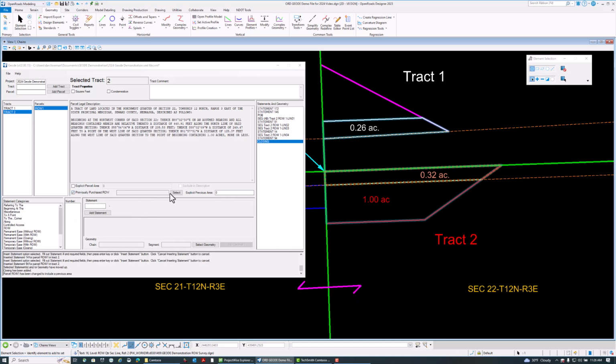I'm going to check that. I'm going to hit my select button, and in MicroStation, I'm going to select the chain that I used to define that existing right-of-way, which I have in there. And now you can see my legal description has changed to the point of beginning containing 1 acre, more or